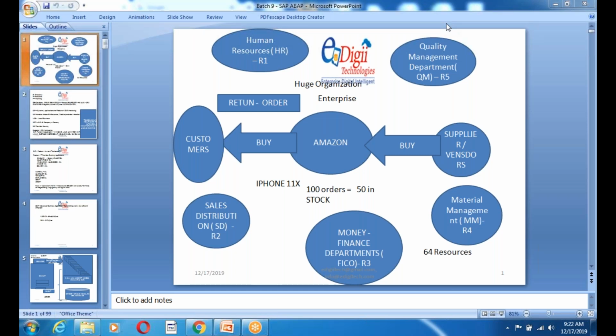SAP stands for Systems, Applications, and Products in Data Processing. SAP is one of the major software in the world for all the huge organizations, all the big companies. The market share is almost 45% worldwide, guys. And we have almost 45,000 customers in the world. 45,000 companies are implementing SAP, and of those, 4,000 companies are implementing